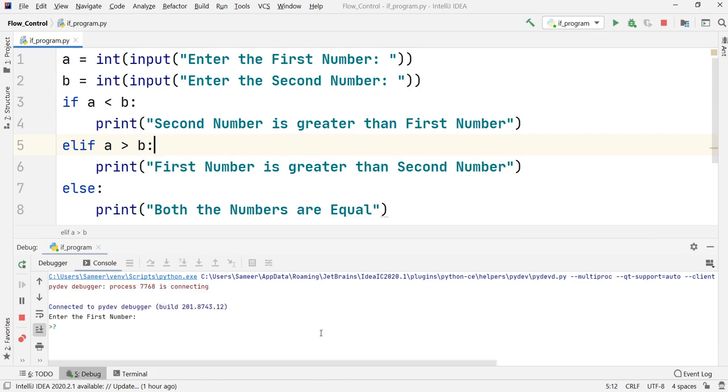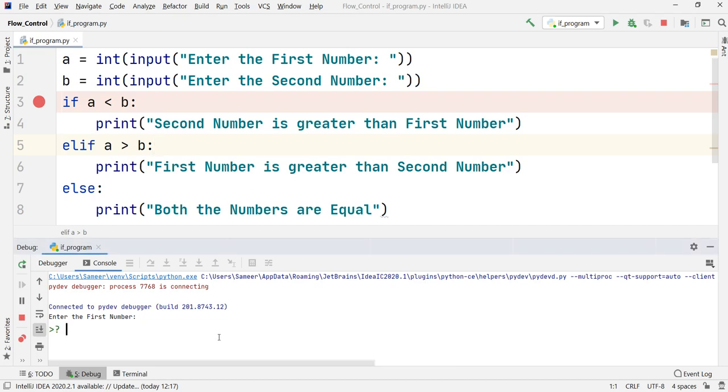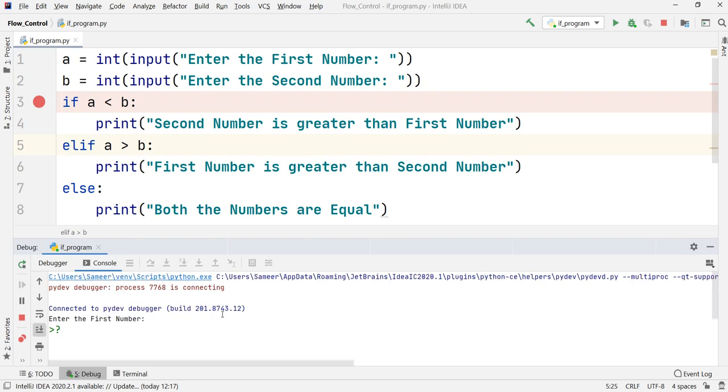Okay, and the debug pane is open. Still we are in the console pane. It will switch to the debug pane after setting up the breakpoint. So again we will set our breakpoint here on line number 3. I'll have to just execute the first 2 lines of code, then it will switch back to debug. I'll just zoom it in so that it will be visible.